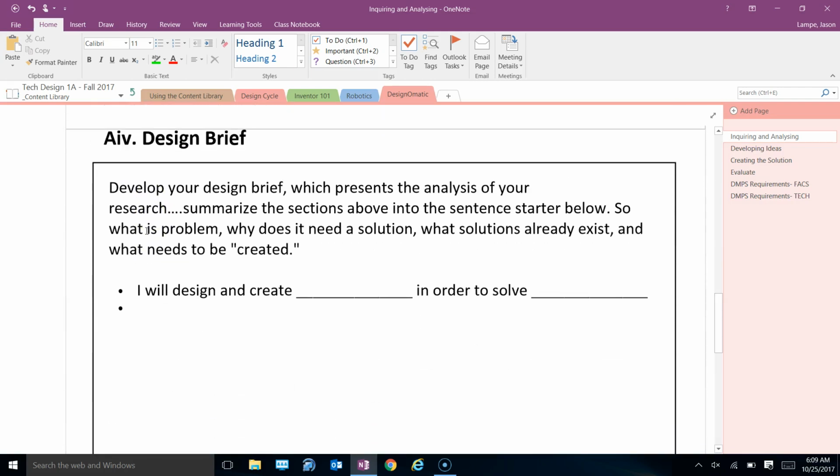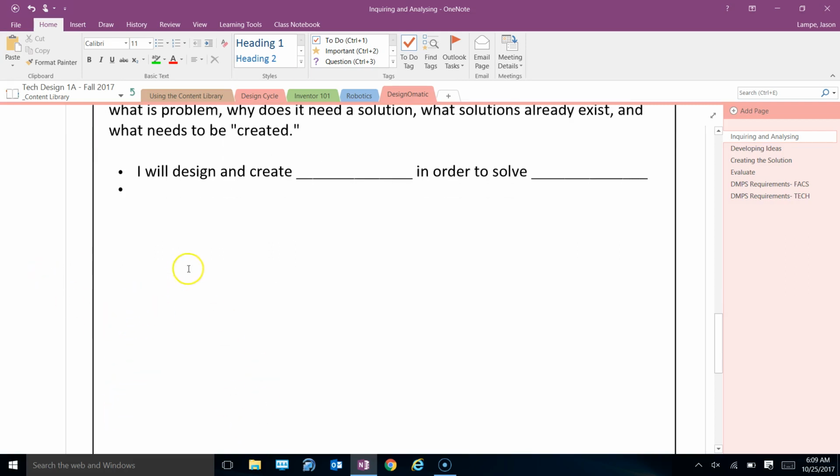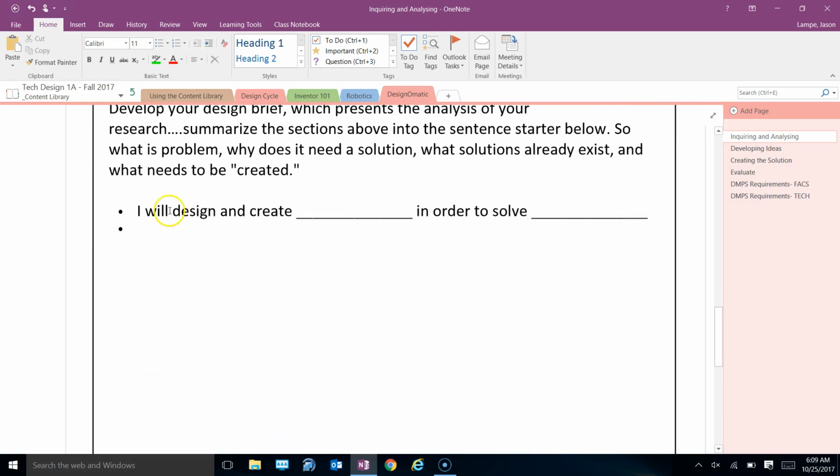Down here, you need to write a short design brief. I'm not wanting tons of sentences. You don't need to write me a paper. Essentially, you're just going to use this sentence starter here. You're going to start a new text box, and you do need to retype it. I will design and create a new Meredith basketball poster in order to solve our problem